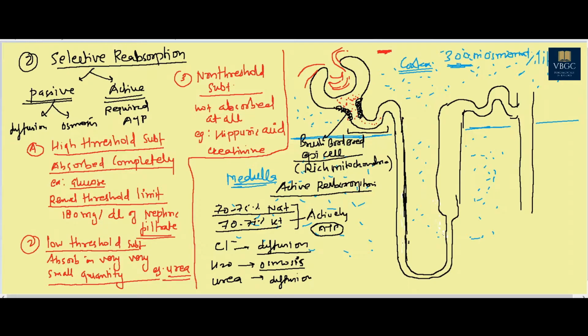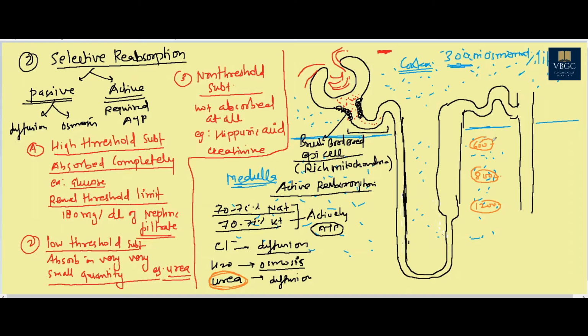But why are we absorbing the urea? This is a very important question. If we look at the medulla, its concentration here is 600 milliosmol per liter. Then moving down it is 800 milliosmol per liter, and further down we get to 1200 milliosmol per liter, meaning when we move down the concentration of solute increases.